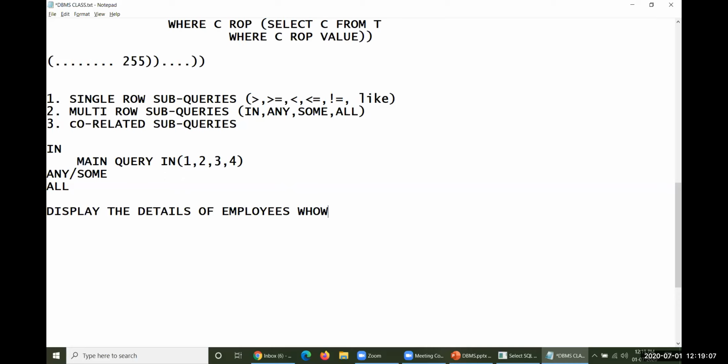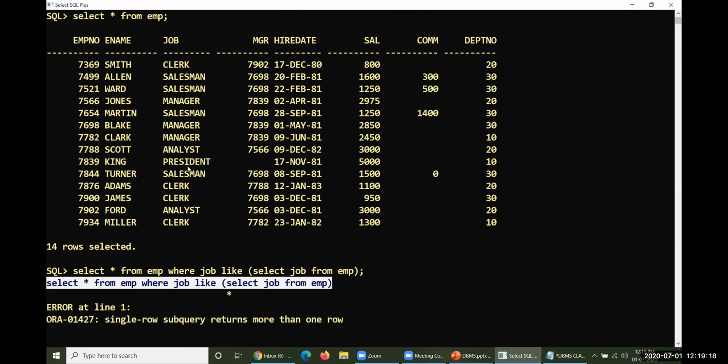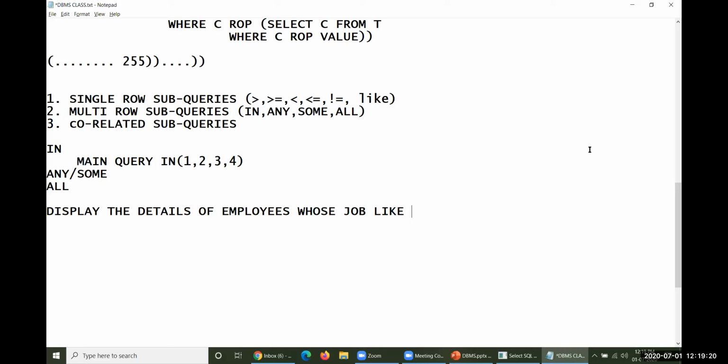Whose job is like, let me take one particular name here. What's the department number? Whose job is like what's the DEPTNO's jobs. Okay, so this department number does have some number of jobs here.